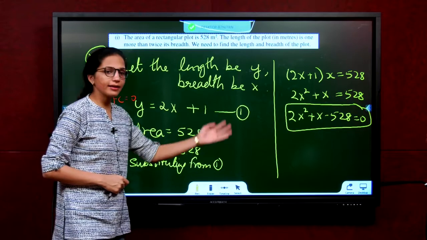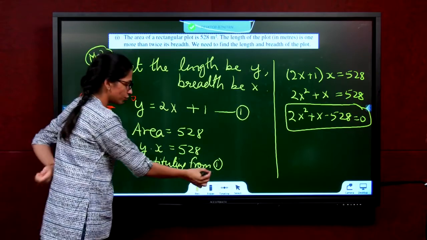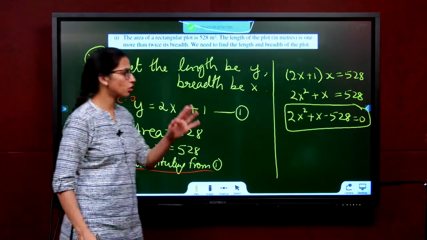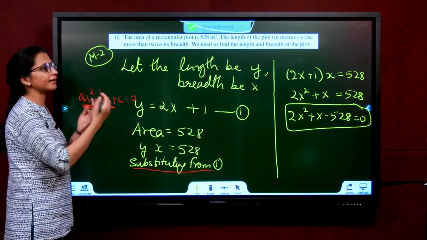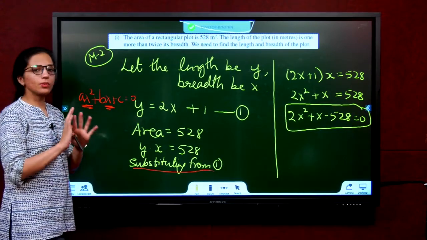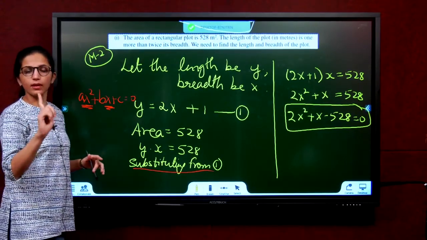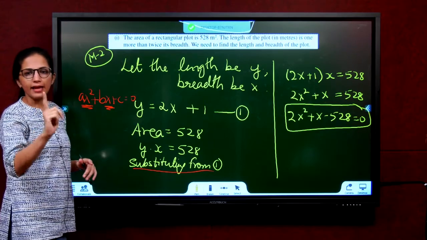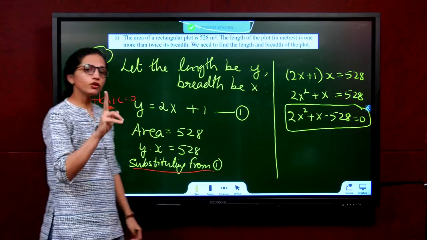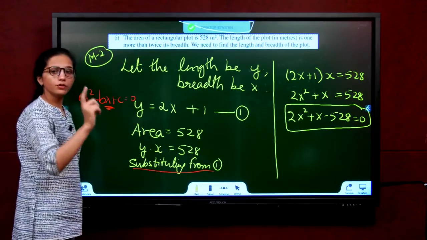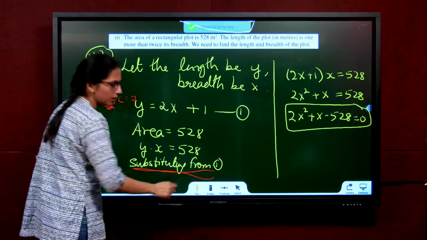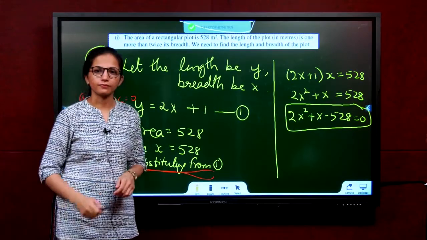Is this method correct? Yes, but you have to do substitution and finally get x again. So if you can directly get the value of x like mentioned in method 1, which means we are not using two variables, only one variable, only one letter, x, that will directly give you a quadratic equation. If you use two letters, no problem, you can still get the equation, but you will have to do one extra step of substitution.